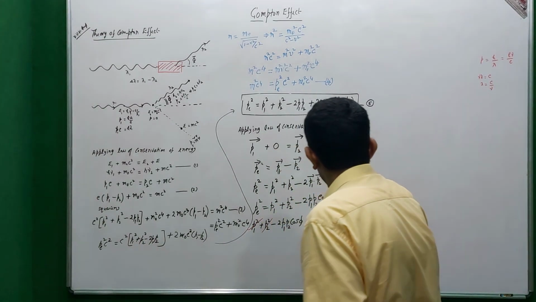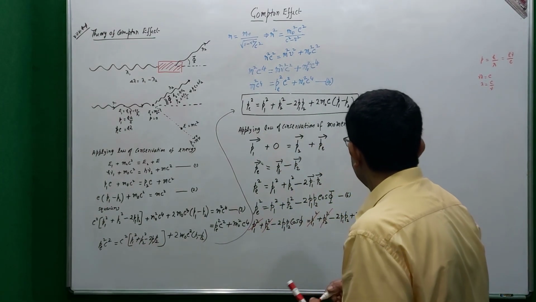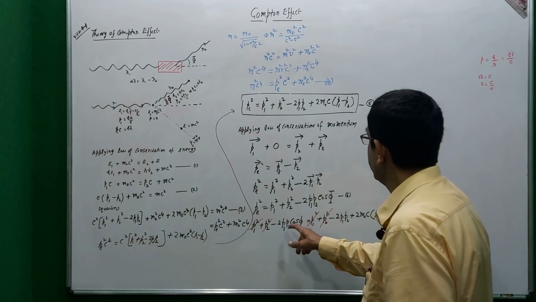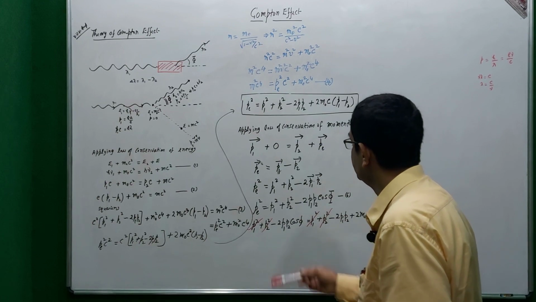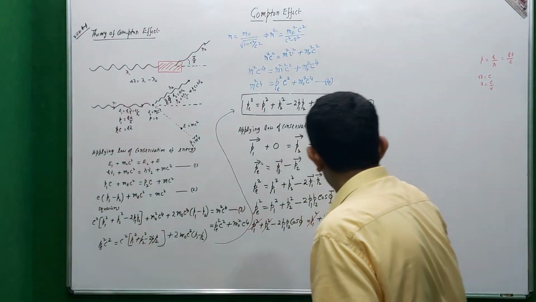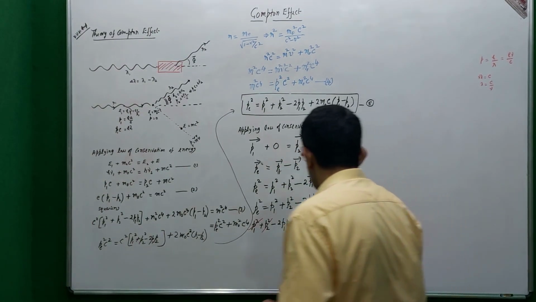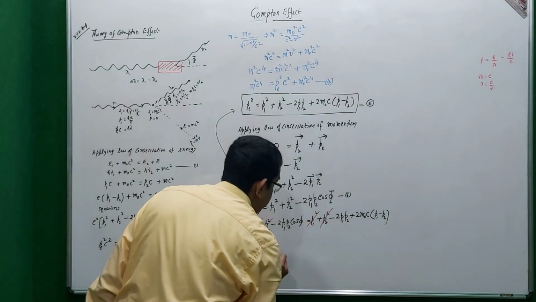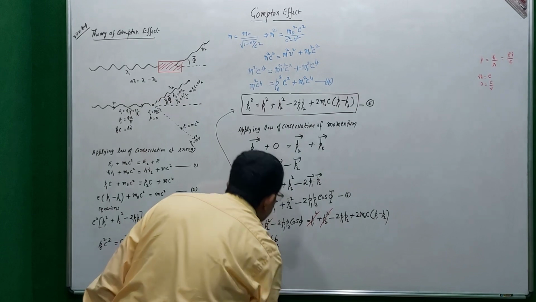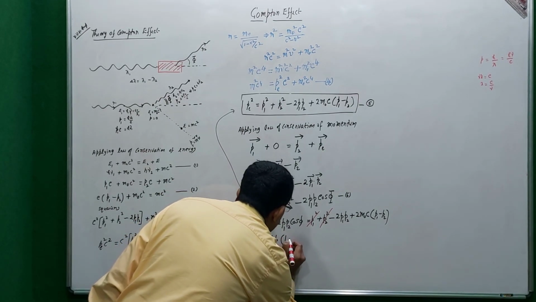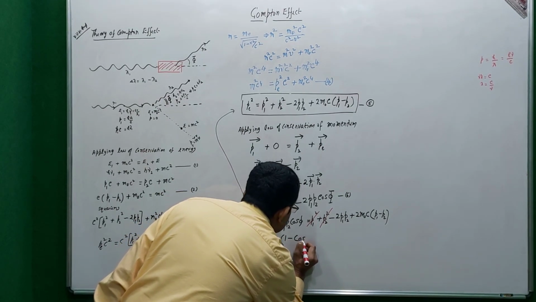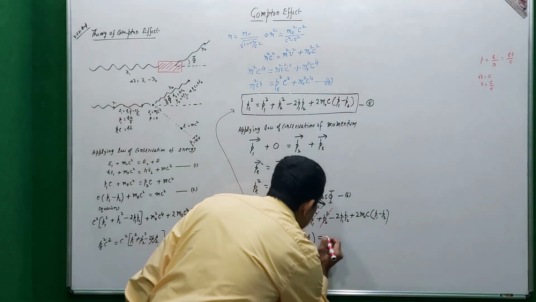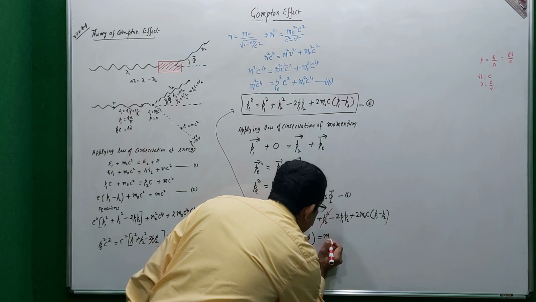Similarly, P2 square cancels, and therefore we have the minus 2 P1 P2 here, minus 2 the same. Therefore we take out the 2, divide by 2, and then I will take this P1 P2 to this side, and that means simply it becomes P1 into P2. What is this one? 1 minus cos phi is equal to, 2 cancelled, and therefore this is now m naught c into